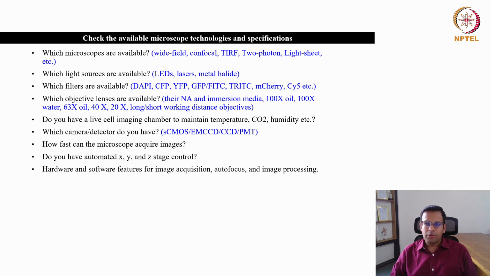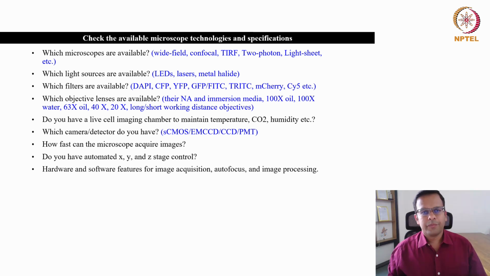Because every time it is not possible that, based on the questions that I showed you on the first slide, you may come up with a very sophisticated imaging technology, and you may need 2 photon imaging for imaging your sample.